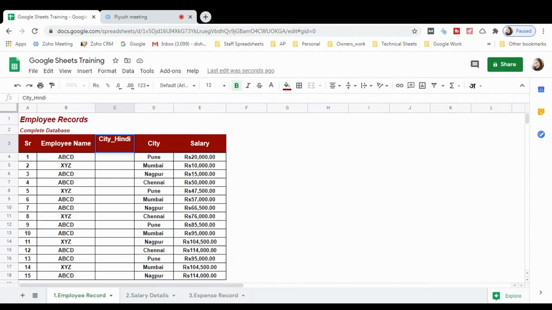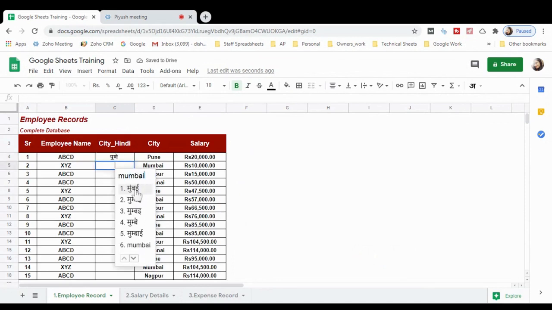in Hindi. Click on this particular thing and start typing. As you start typing, you can check these things come up. You start typing here, and automatically it will suggest the thing that you want. This is the feature which I really like in the spreadsheet, that you can type in the language in an easy way. No need to change your keyboard setting.